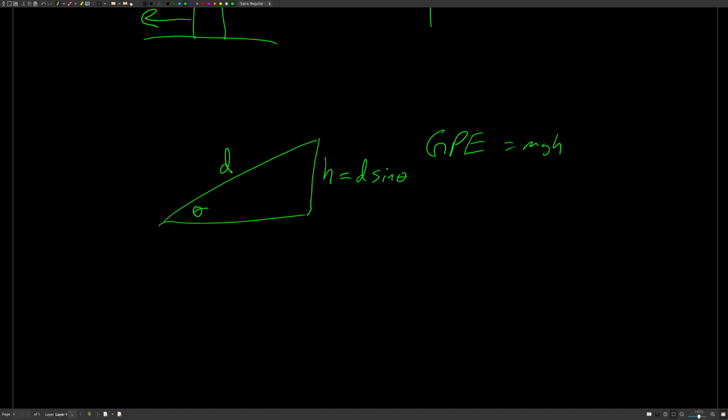That could also be relevant if we're talking about work, if there was friction. So if we had a mu, then there could be a force along this distance, which might be mu times the normal. So the work would be mu times the normal times the distance, in which case the distance really matters. You'd use cosine probably to get the normal, but again, you just ask yourself,